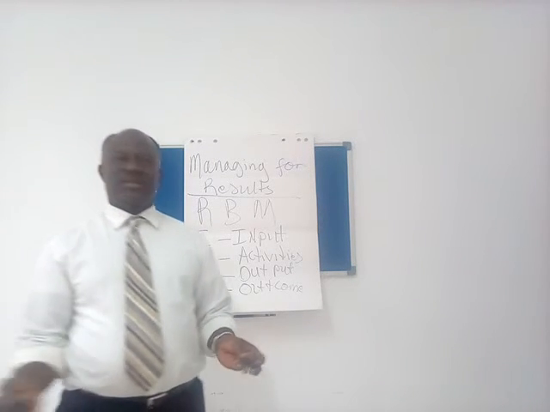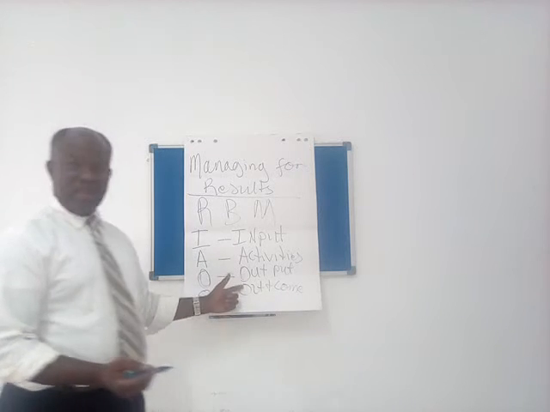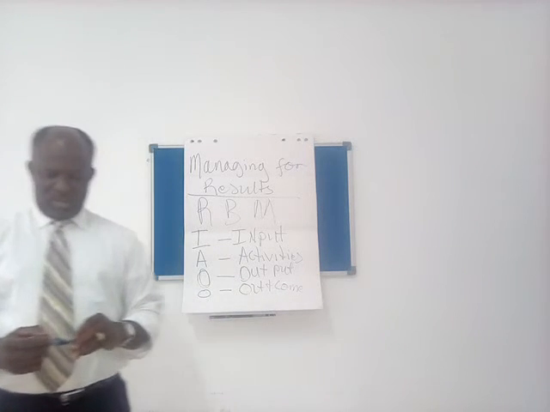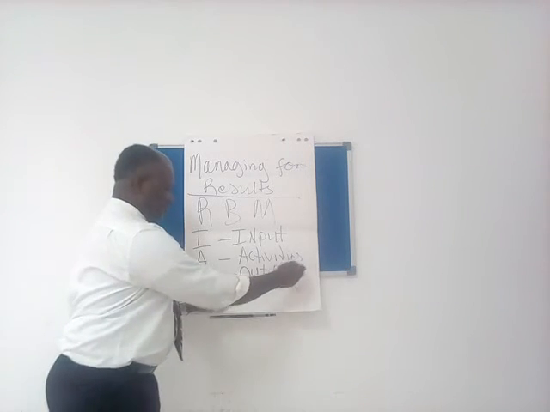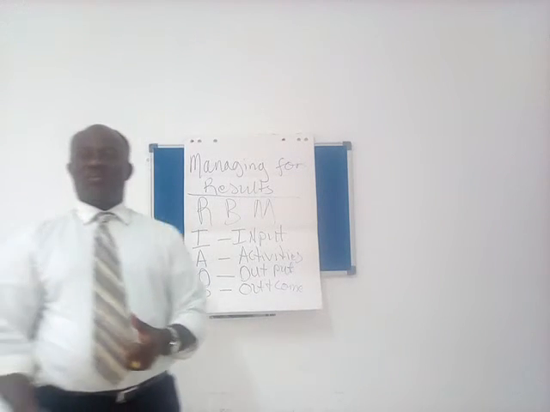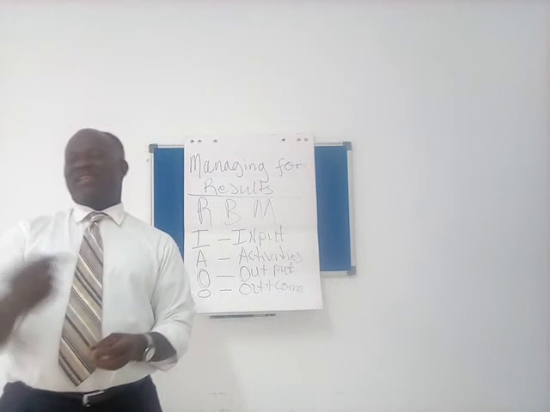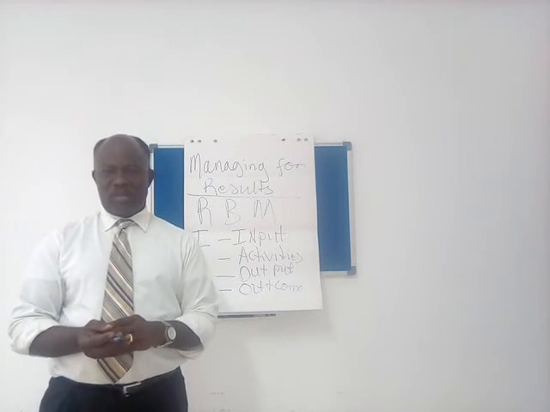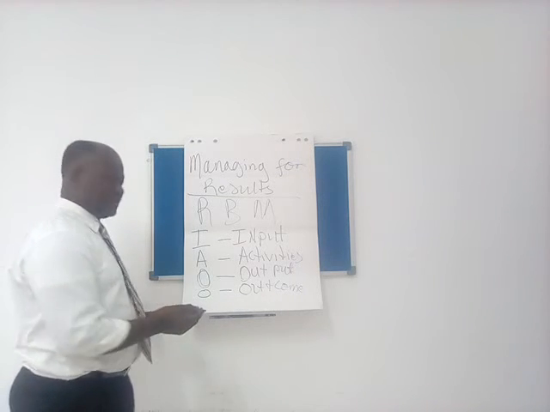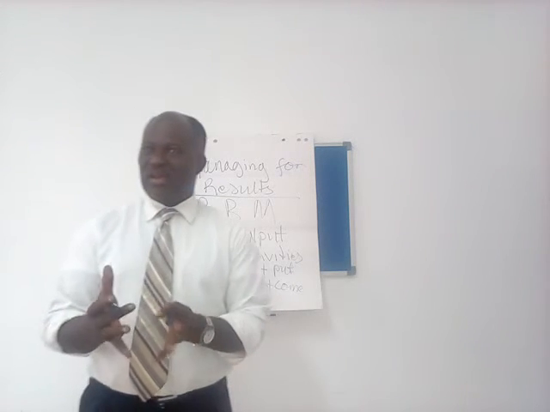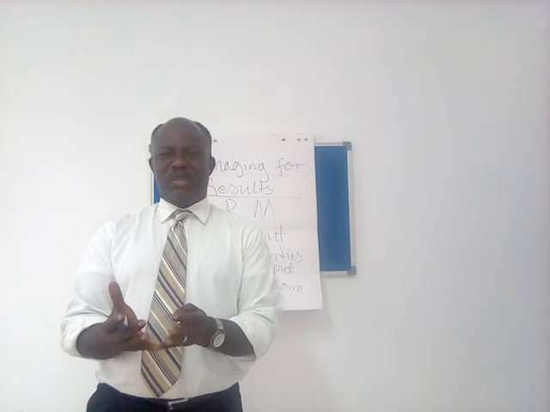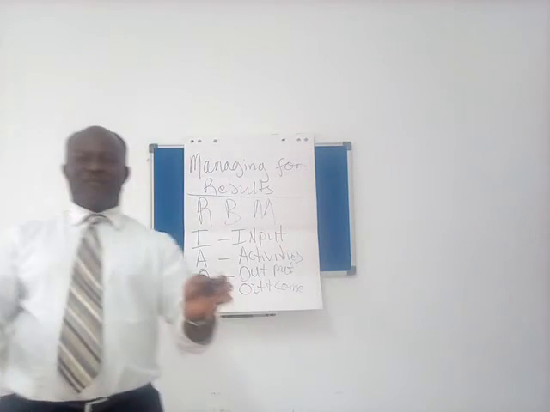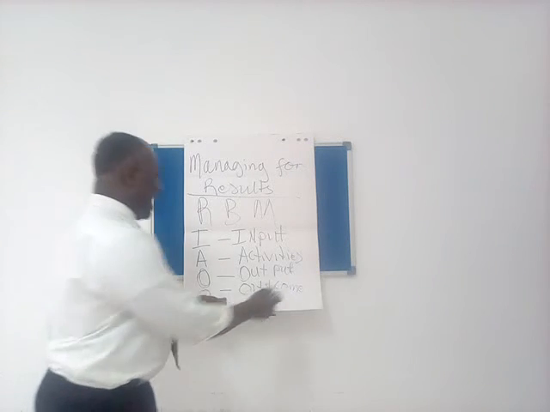So looking at RBM, when you have your output, you have the house. What will be the outcome? There's a change in living standard for your family. There is a change in living standard for you. The outcome will be that instead of being in a 2-bedroom house, for example, you are now in a 3-bedroom house, then all your children have their rooms. And so this is the outcome.